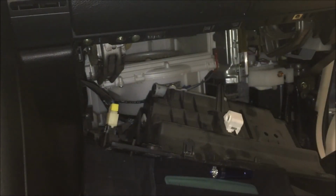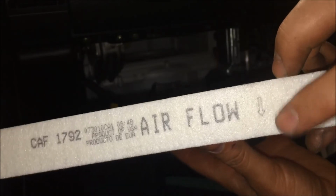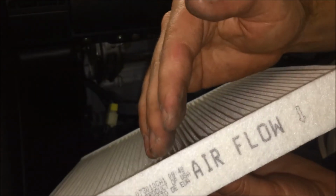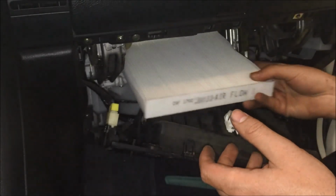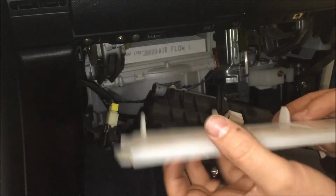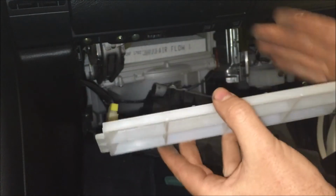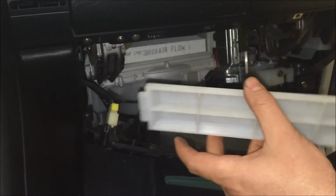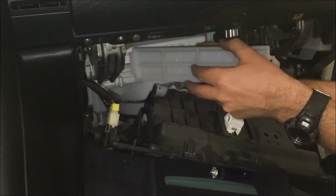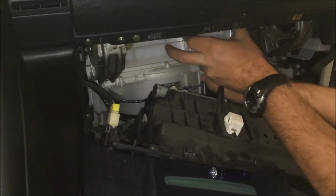And then you'll just open the new one up and put it back in. Now you want the airflow on this to be pointed as it shows down, so it's going into the fan, it's coming into the car, and then the fan is drawing the air through here. So you just quite simply put that back up in there. And when you go to put this tray in, you'll see it has these little tabs on the bottom, so it holds the air filter up. So you just slightly lift up on the air filter, put the tab back in on the left-hand side,